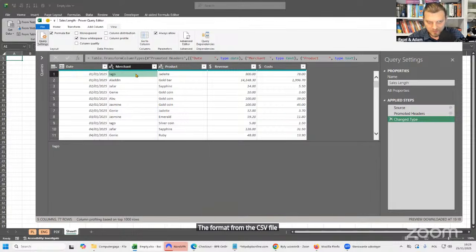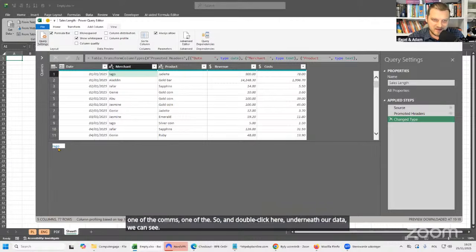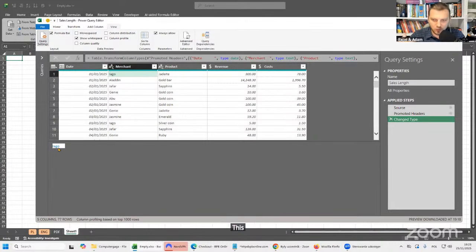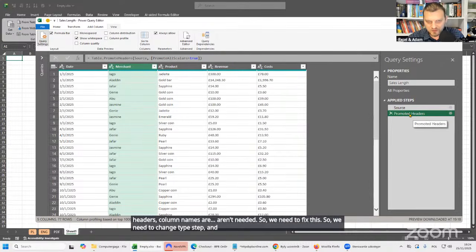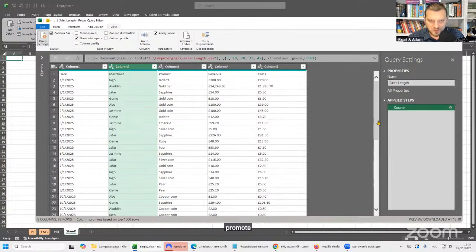But in the case of merchant and product, where we have just text, when we select one of the cells and double click underneath our data, we can see this merchant also has many spaces after it. So those spaces aren't needed, and especially spaces in headers, column names, aren't needed. So we need to fix this. So we need to delete the change type step, and we also need to delete the promote headers step, because we need